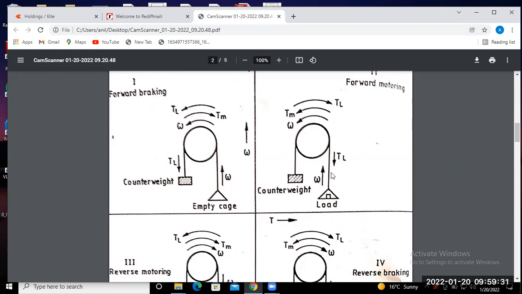Load torque acts opposite to the motion. The motion is in the upward direction, so the load torque acts in the clockwise direction. Since the pulley rotates anti-clockwise, the load torque acts opposite to the electromagnetic torque. So this is the torque direction we can represent in the first quadrant. And in the second quadrant, the torque is in the opposite